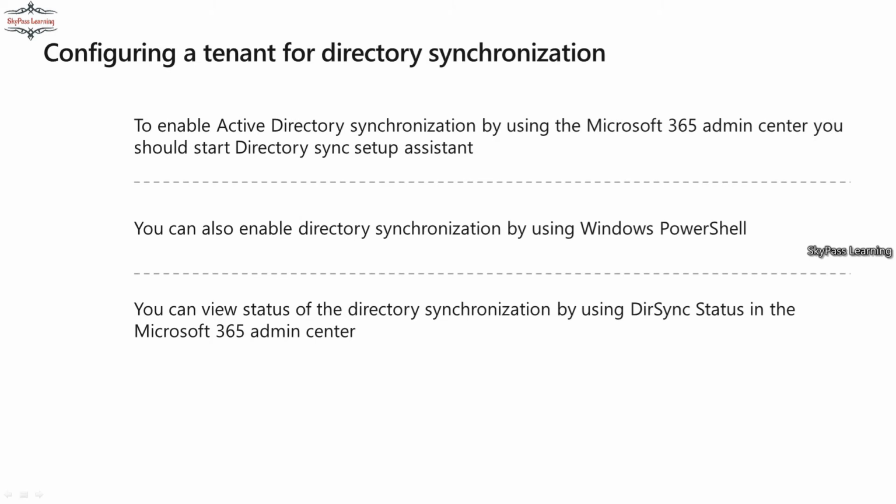Okay, for this you have to configure your directory synchronization. Before that, you have to configure your domain in your Office 365. You can enable the directory synchronization by using Windows PowerShell as well as by using the Admin Center. I will show you this in this same video, how we can set it up. We have to ensure that network port 443 is open for Azure AD Connect to work. You must have a server with accessibility to this.